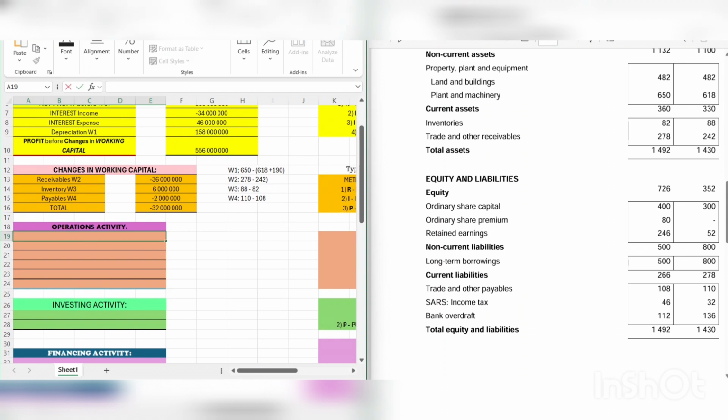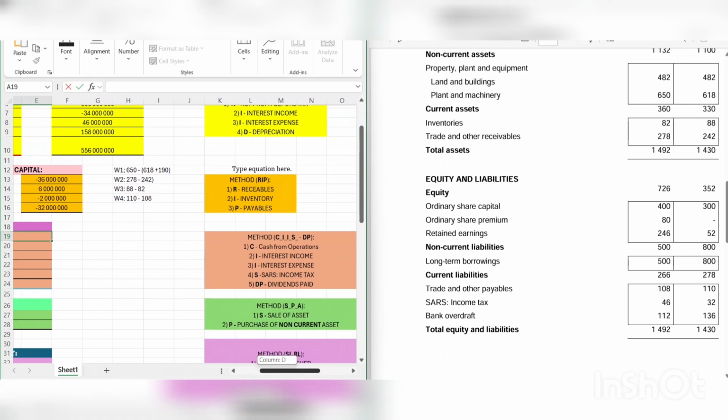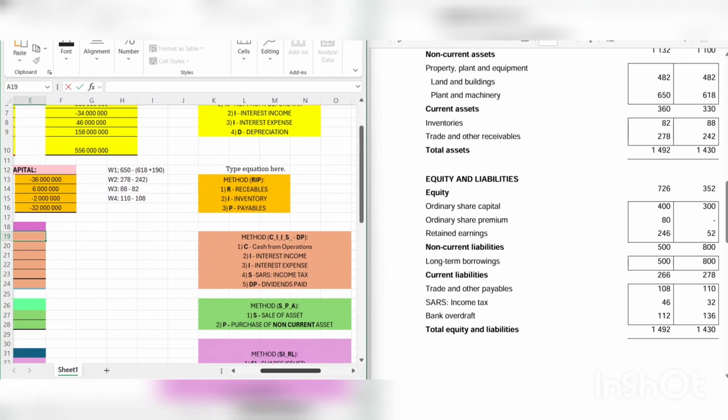Okay, guys, we are now moving on to part 3, our final part of the operations activity before we move on to investing and financing, which will come out in our Accounting 103 test. Okay, so as I mentioned before, the first thing that we can do is, and the method which we will use is